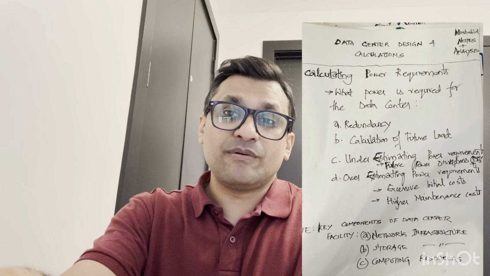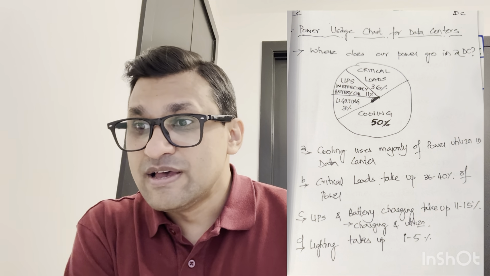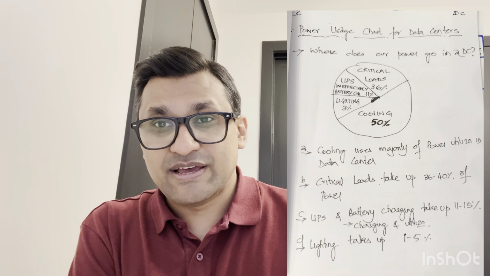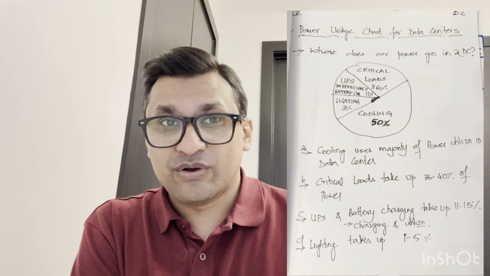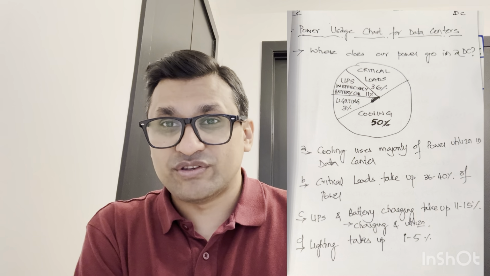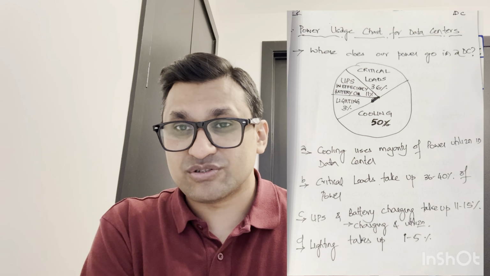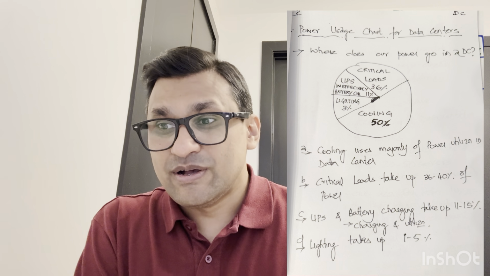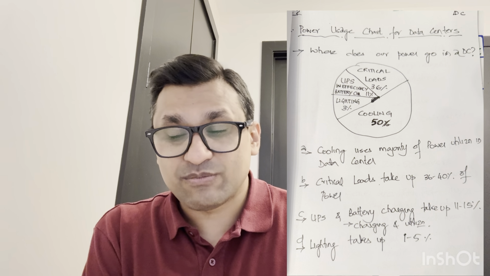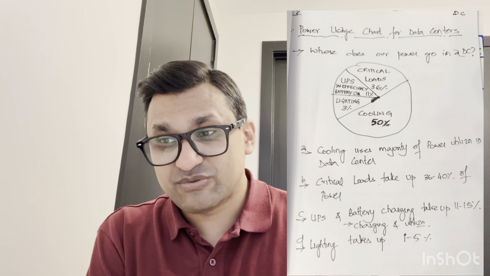I will also be discussing the power usage chart for data centers. Where does the power go in the data center? That's the most likely question. People do tend to want to know in these initial stages, before they start building the data center, because we need to show the total power consumption, power usage, where is the power going. So critical loads 36%, cooling load is about 40 to 50%, UPS inefficiency and battery is 11 to 15%, lighting is